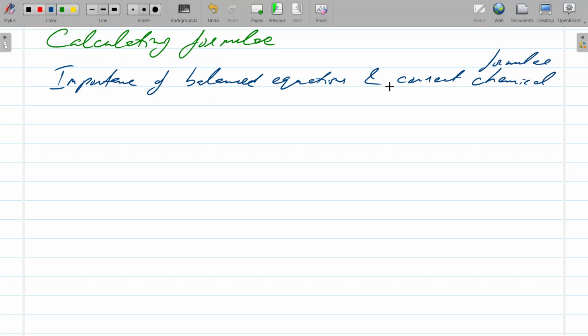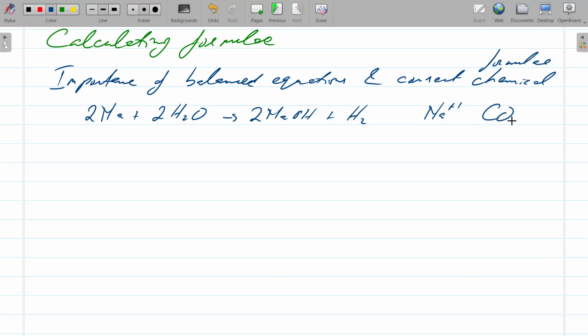So knowing the oxidation numbers and at least knowing the crossover method. So an example obviously is 2Na plus 2H2O giving me 2NaOH and H2. So that is a balanced equation. And knowing the correct chemical formula, for example, you've got sodium carbonate. So what's sodium carbonate? I know sodium has an oxidation number of +1, and the carbonate ion has an oxidation number of 2 minus. And so using the crossover method,